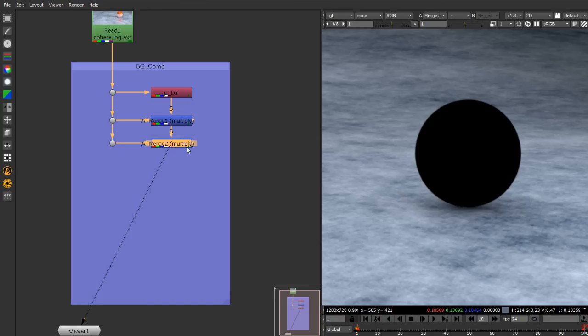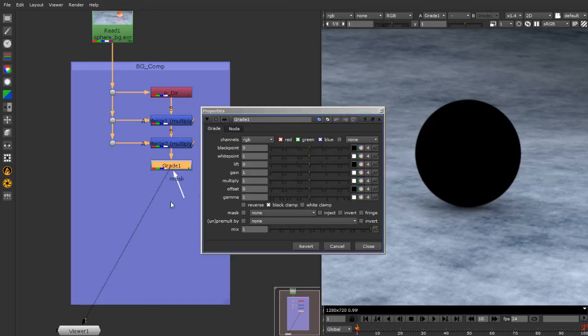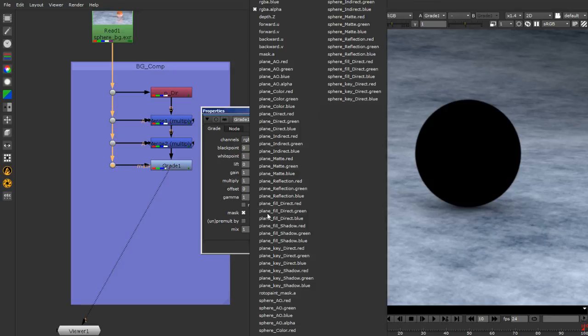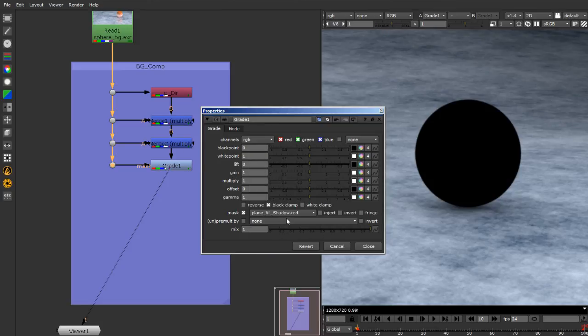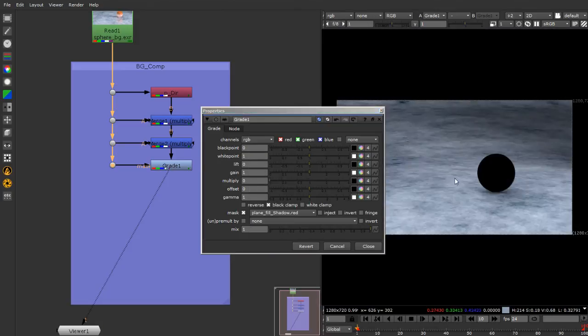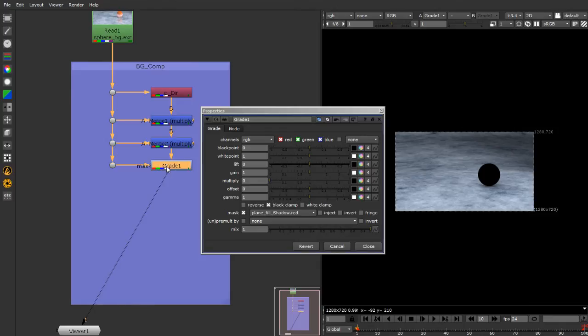I'm going to apply a grade node to this and create my shadow, the first one. So my alpha channel is going to be any of the shadow passes. So let's say I have the plain fill shadow. As you can see, the shadow does not have an alpha channel over here, so I can pretty much choose any R, G or B channel because it is a grayscale image, and for any grayscale image all these three values are the same, so I can just pick any one of them and it would work. So I've just chosen the red channel, and I can just take multiply down,